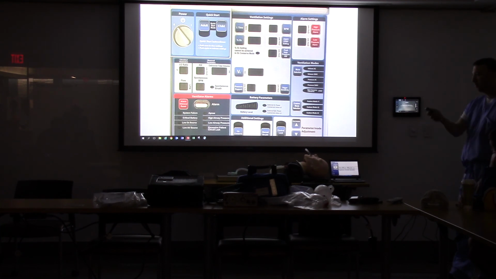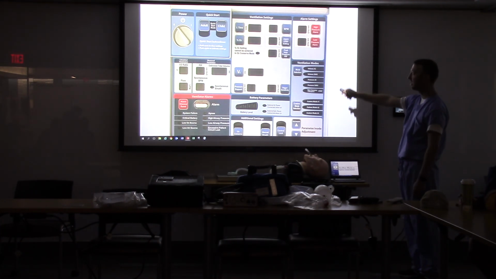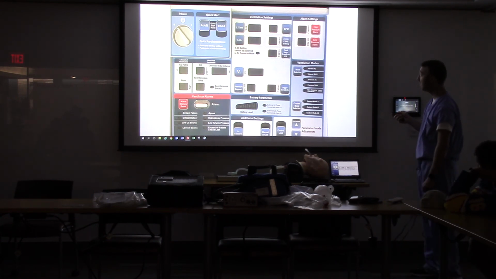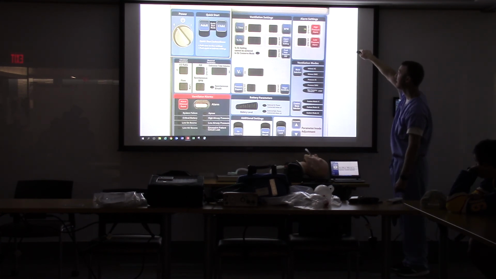This is our bigger, smarter vent. You have your on-off switch. These are kind of quick set modes, which we don't really utilize that much. And then you have a lot of different buttons. So here's your pressure alarm. Whatever it reads at, up to 99 centimeters of water. So a really bad asthmatic, you may need to